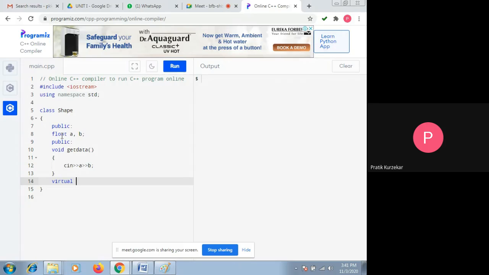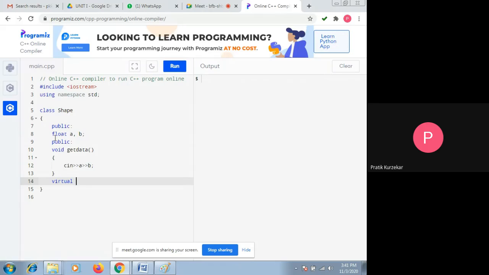After that put the data type, which is float, and we have to decide to calculate the area for that particular function. So write down area, and when we put area equal to 0, at that time it will become a